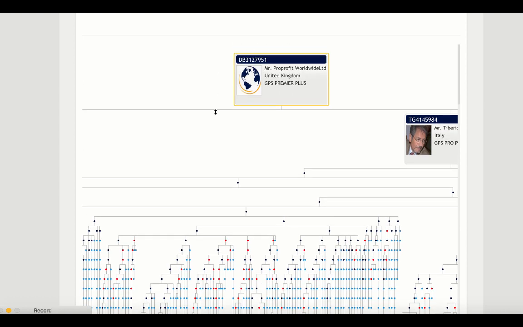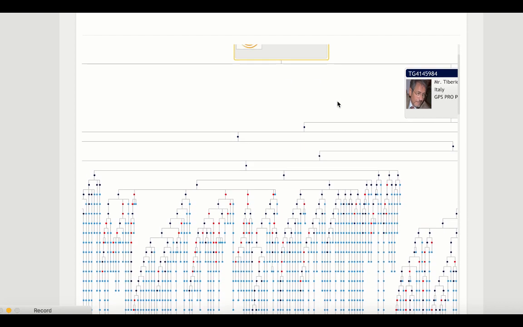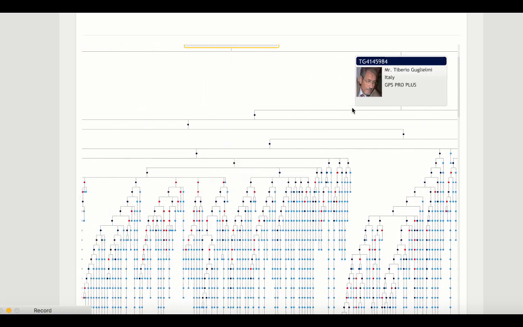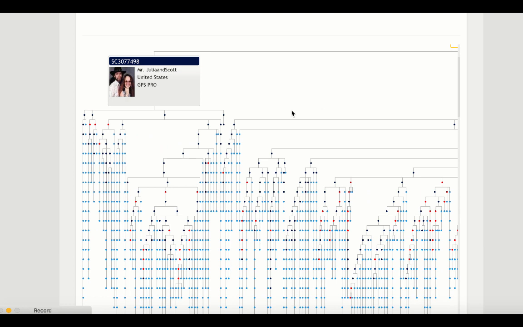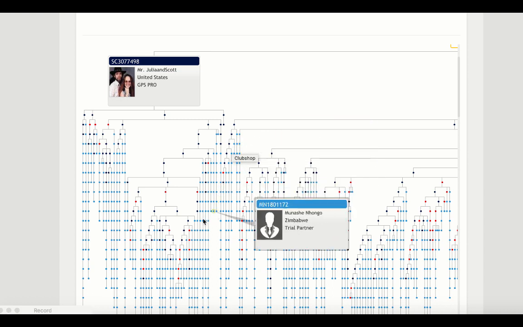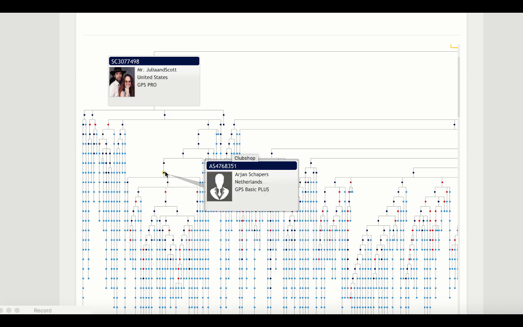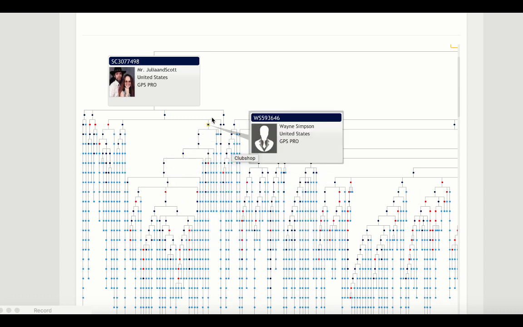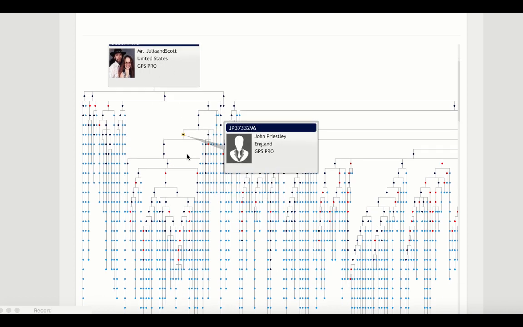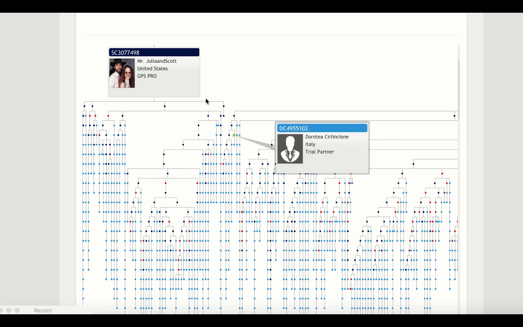So you see here we are in this genealogy as an example. Okay, this is the same one that you're going to have, and you can already see who are the partners in your front line. And then you see a lot of other circles here, and these circles are exactly the other members of your organization. If you just pass the cursor here, you can see the entire upline of everyone. When you click on each one of them, it will open